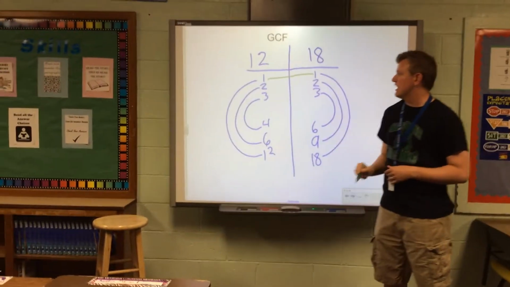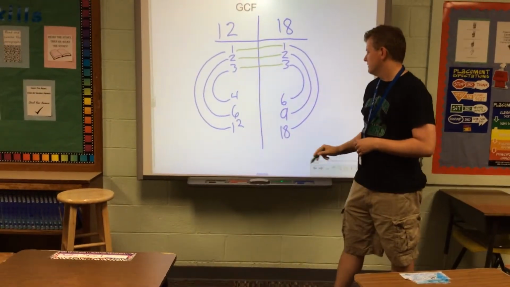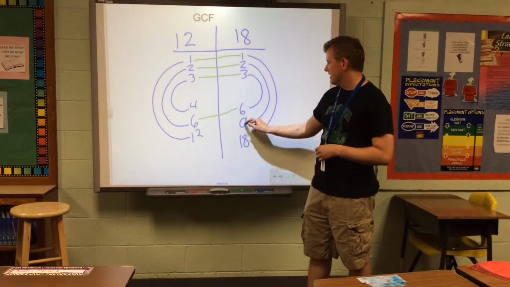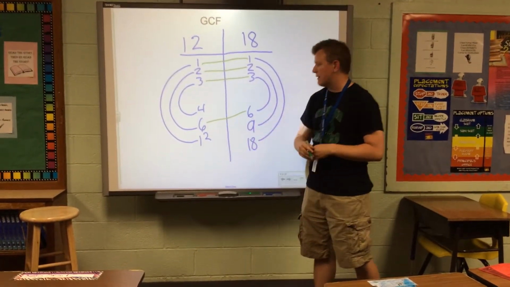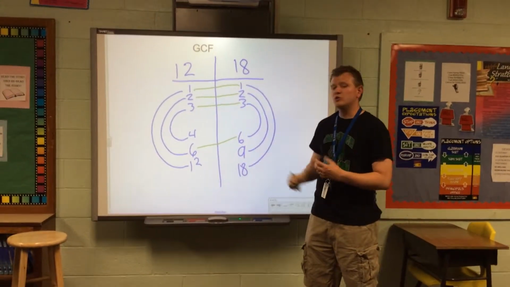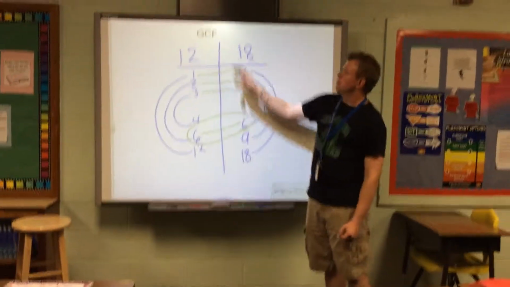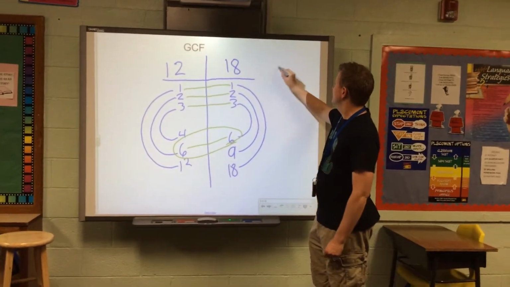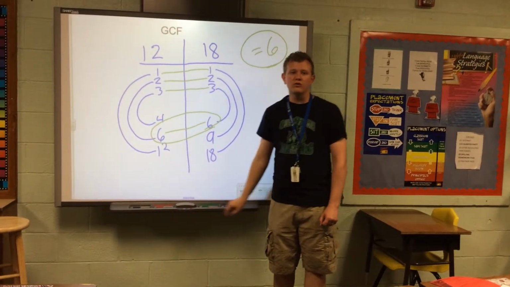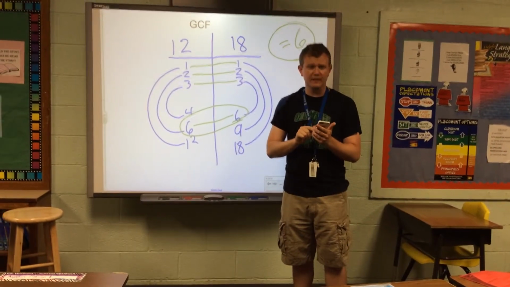They have 1 in common. They have 2 in common. They have 3 in common. They have 6 in common. They do not have 4 in common. They do not have 9 in common. And they do not have 12 or 18 in common. These are all common factors. But which one is the greatest common factor? It's 6. So if I asked you, what is the greatest common factor of 12 and 18? You would say 6. That is all the time we have today. I must get back to dramatically reciting Breaking